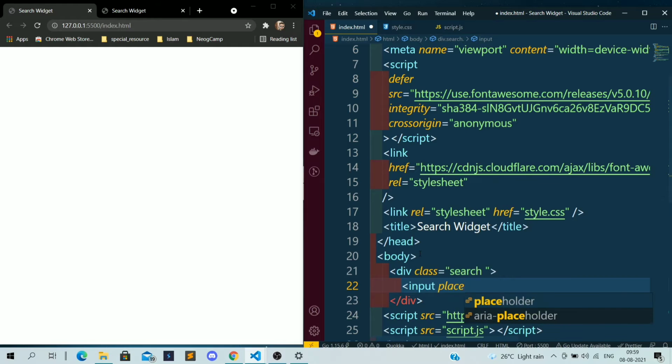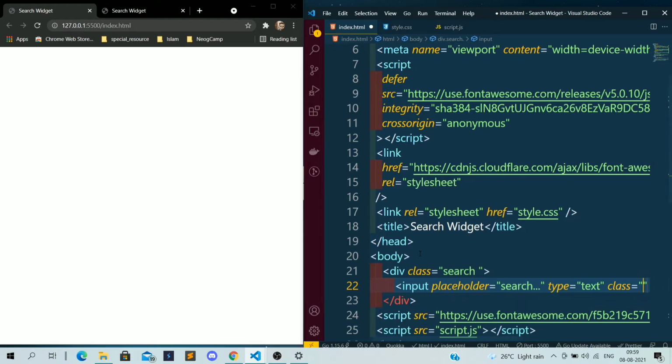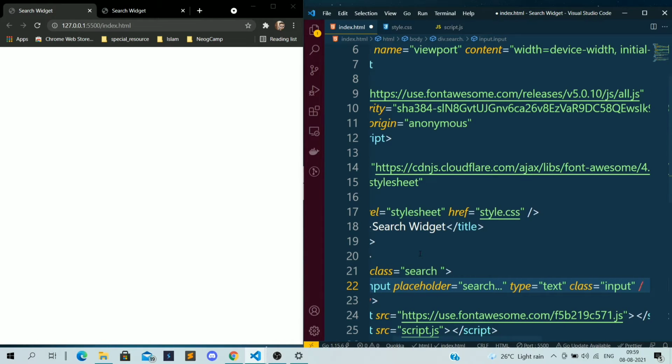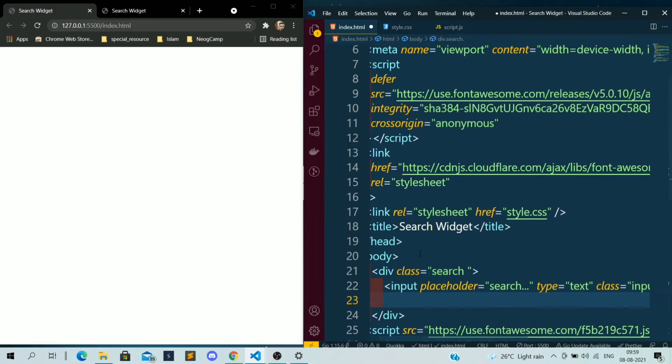First of all I want to give a placeholder, search, then type text, and then I want to give a class. I've given the class input. Then I need one button, and this button will have the class btn,